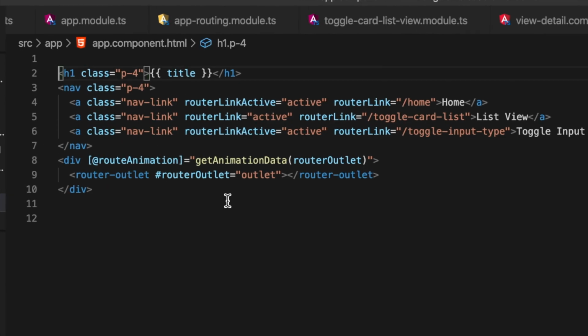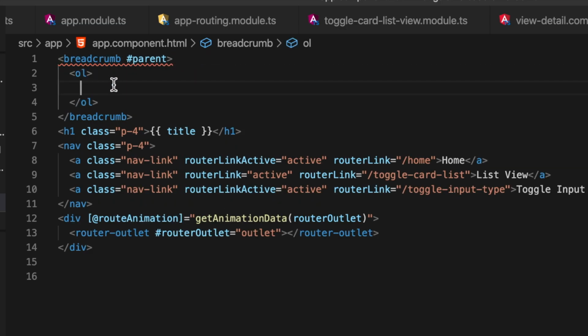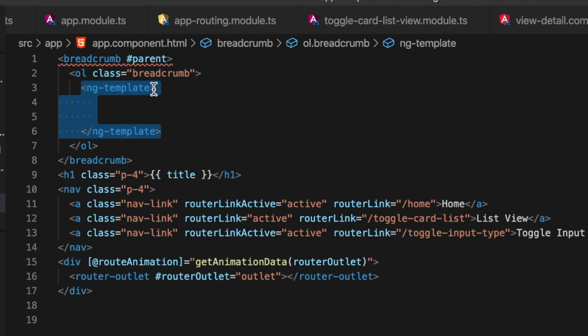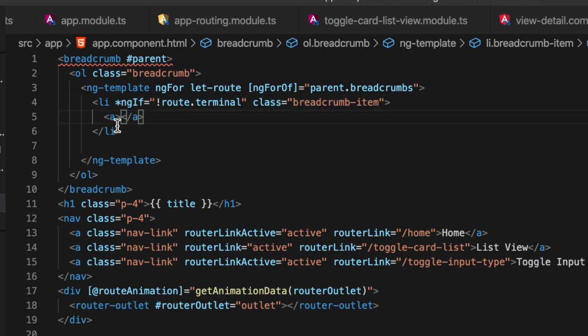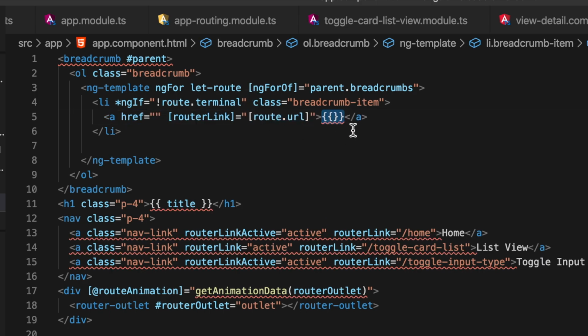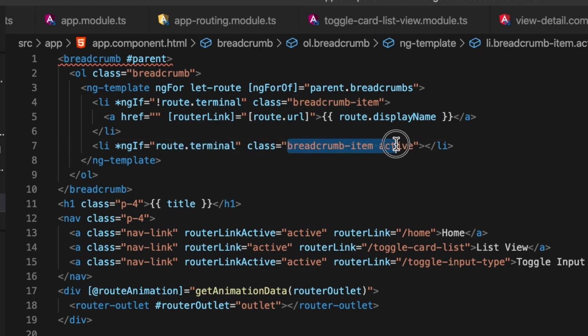We will start writing with the breadcrumb syntax and we'll close this syntax with a closing breadcrumb syntax, same as other HTML elements. The most important part of this code is that we will get breadcrumb data as a breadcrumb array and we'll loop through it using the ngFor directive and get properties from the breadcrumb route object, which we're going to use here. The first one is url, the second one is terminal and the last one is displayName. We will check if route.terminal is false. It means it's not an active route. We'll pass the routerLink directive and route.url as its value, and we'll show route.displayName in the UI as a breadcrumb name.